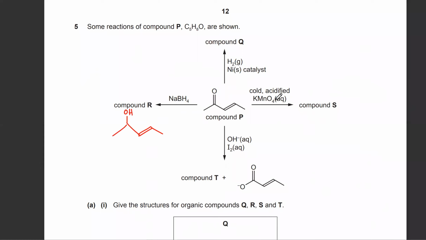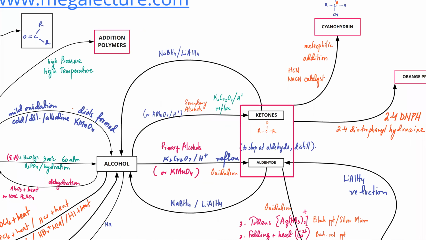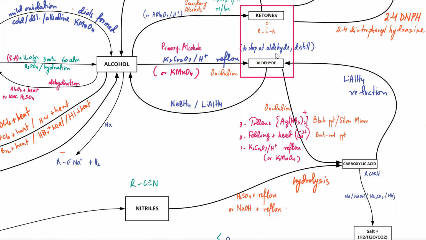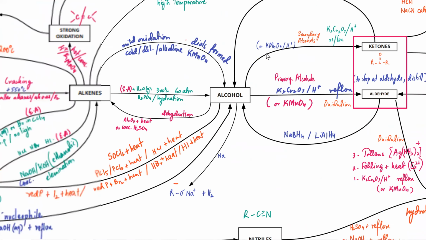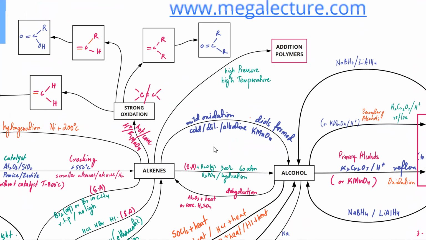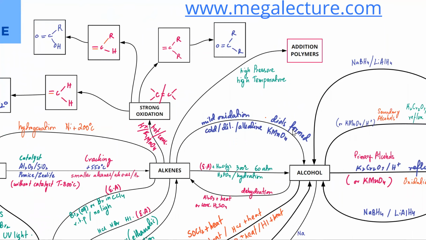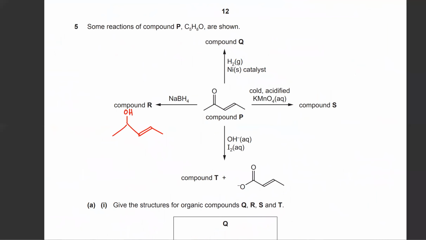Okay, then this is KMnO4 oxidation, cold KMnO4. Ketones are not oxidized. If you look at the chart, ketones have no further oxidation. Aldehydes get oxidized but not ketones. But there is an alkene, so when you do mild oxidation, cold dilute alkaline KMnO4, what happens to alkenes? Diol. They turn into diols. So everything else stays the same, nothing should happen to the ketone. This double bond will be gone, and OH will be added in place of the double bond on both